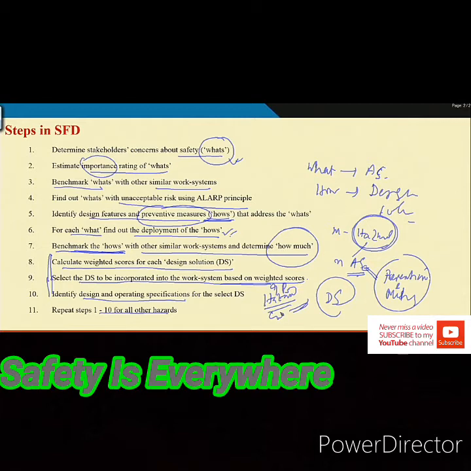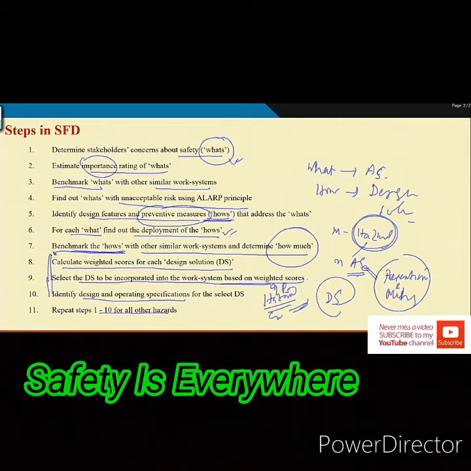Okay. And once you have a set of design solutions, if you find multiple sets or multiple design solutions that you assume are equivalent, meaning any one of them ultimately reduces the risk level to the extent needed, then you can choose the best one out of the several alternatives. The best one selection, like steps 8 to 10, we will be discussing in the next class, but this is to be done for all the hazards.